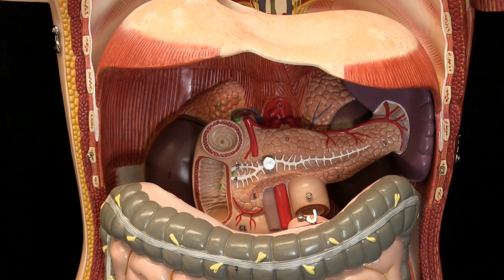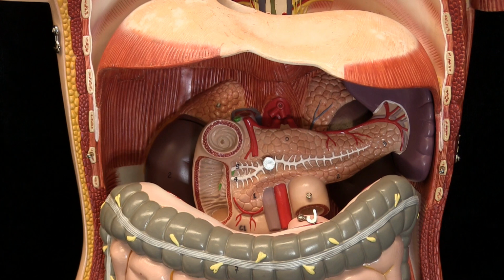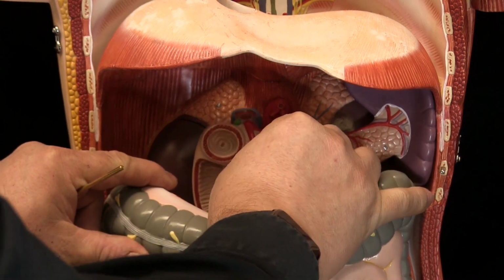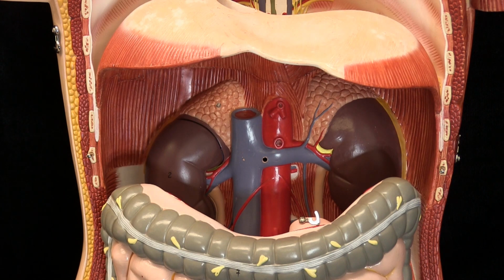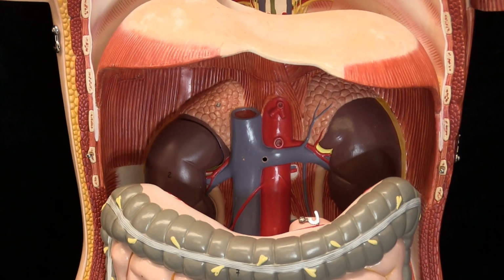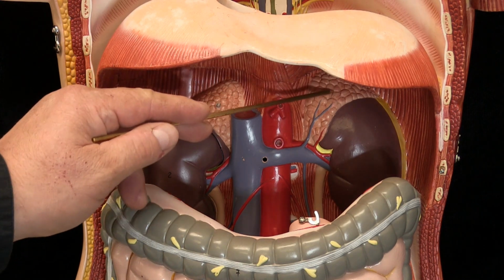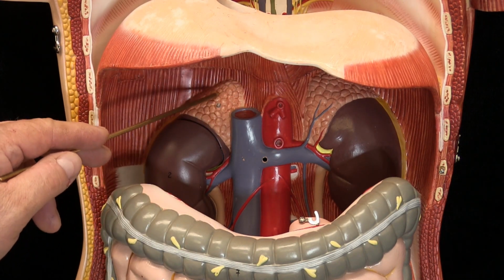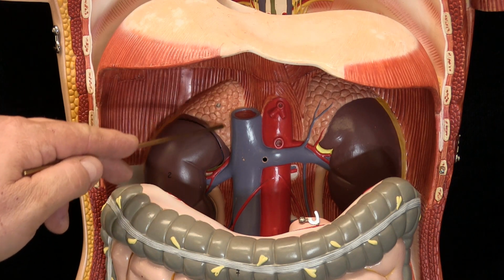So just as we had the thyroid gland as the locus for control of calcium, the endocrine pancreas is our locus of control for circulating blood sugar levels. Now, moving a little bit posterior into the retroperitoneum, or the area behind the peritoneal cavity, we're going to get the pancreas and spleen out of the way, and now we can see two other endocrine organs here on the right and left. These are the adrenal glands, sometimes called suprarenal glands,